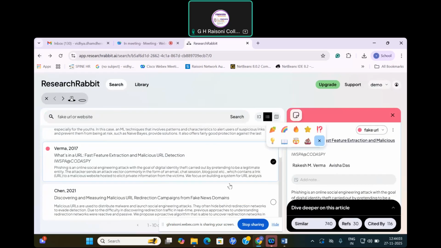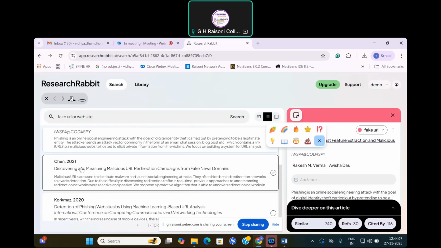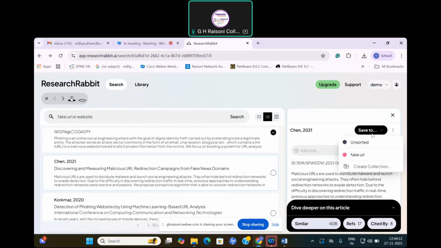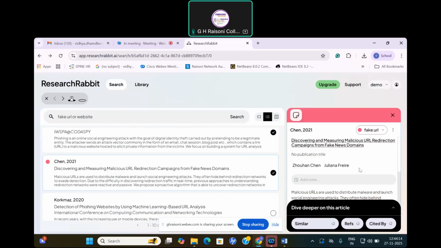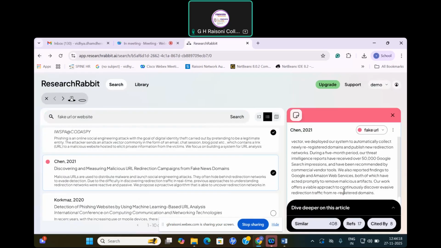Another thing is that you can select a number of papers, generate the summary, add it here, and then save that summary under this directory. Like this, within a short duration, you can generate a summary for a particular paper without reading the whole paper with the help of this research tool, and it will be useful for generating the literature survey.